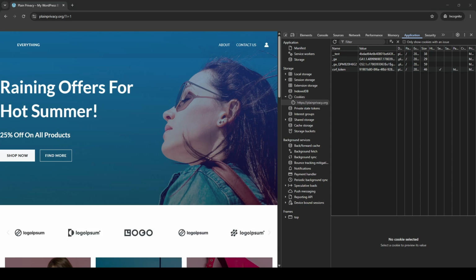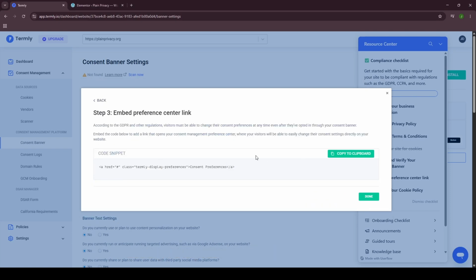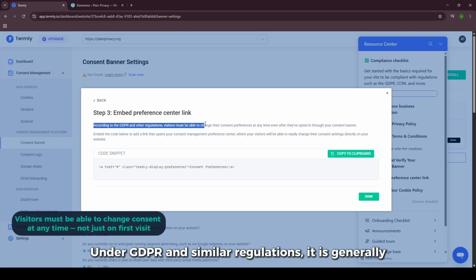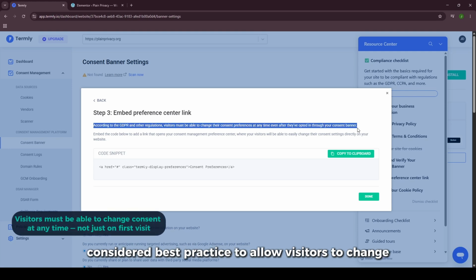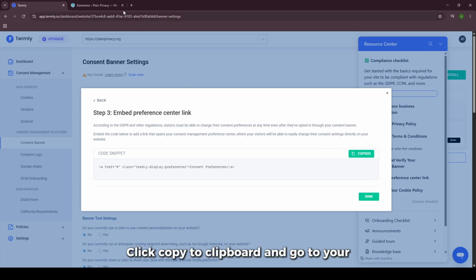One more thing. Let's go back to the Termly website to complete the final step. Under GDPR and similar regulations, it is generally considered best practice to allow visitors to change their consent preferences at any time, even after they have already opted in through your consent banner. We will embed a small piece of code into our website footer so visitors can change or withdraw their consent at any point. Click Copy to Clipboard and go to your